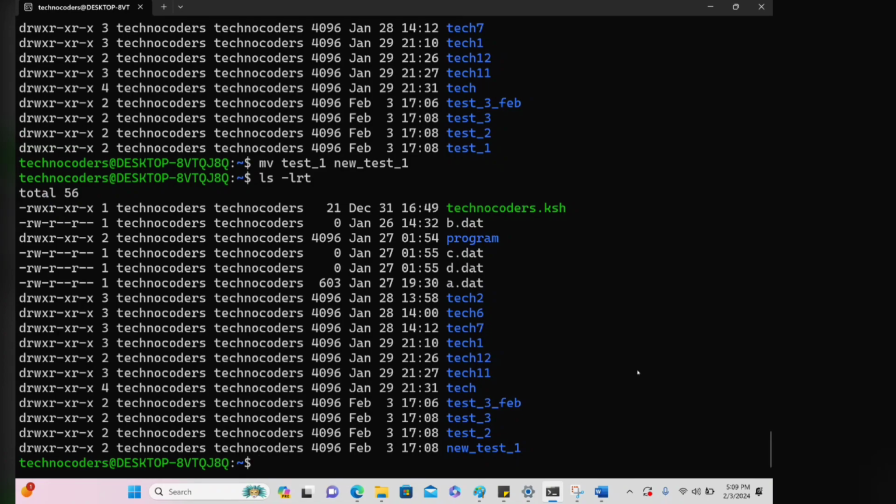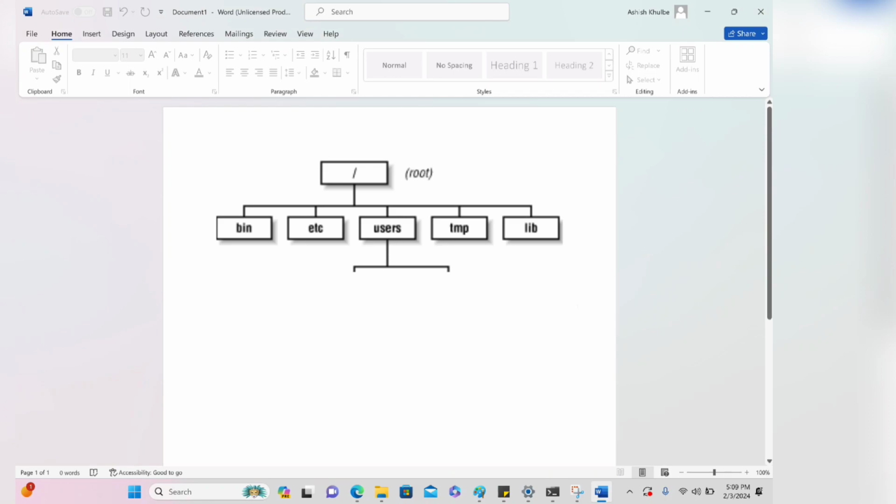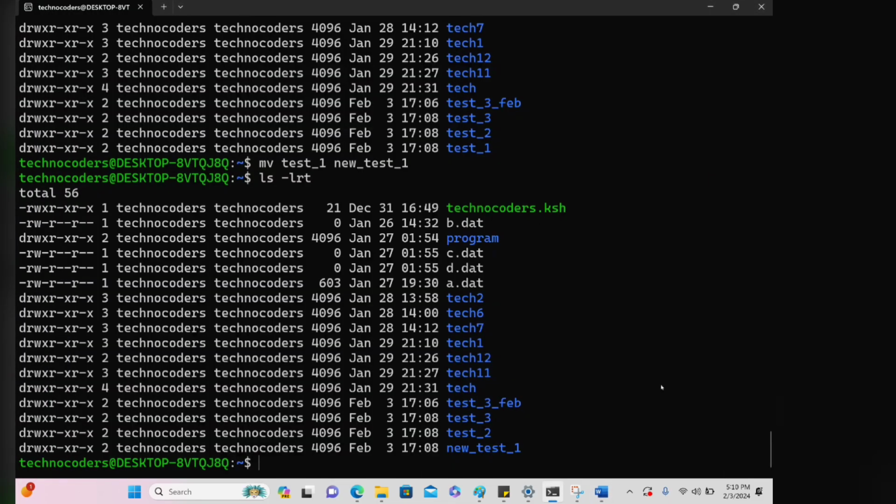What we have learned from the start is that Unix uses a tree structure where root is the primary or first directory, and all the directories are contained beneath the root node, organized in a hierarchical manner in the tree structure. The mkdir command creates a directory, the rmdir command removes a directory, the -p option creates parent directories, one directory inside another, and the mv command renames a particular directory. I hope these directory structures are clear to you, and thanks again for watching my